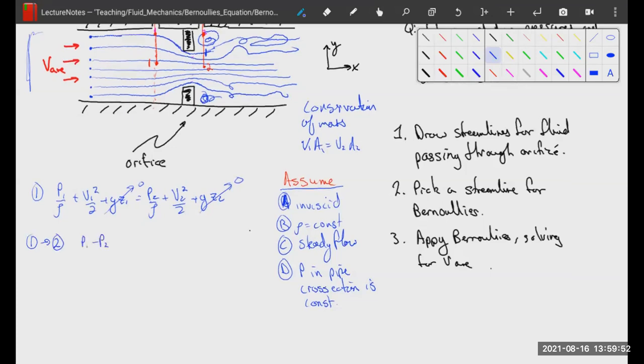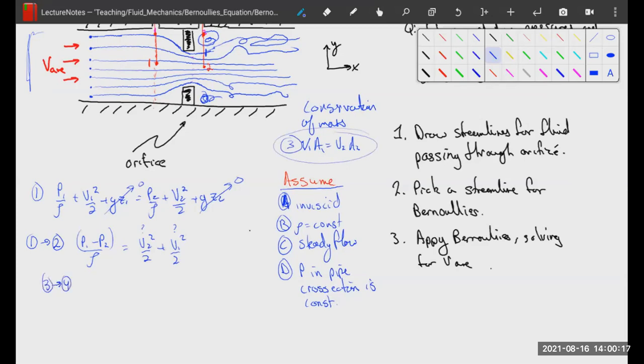P1 minus P2 over rho is equal to V2 squared over 2 plus V1 squared over 2. Awesome. So we still have two unknowns, V1 and V2, so we need another model. Turns out we have it right here. We'll call that equation 3. And now we're going to bring equation 3 to 4